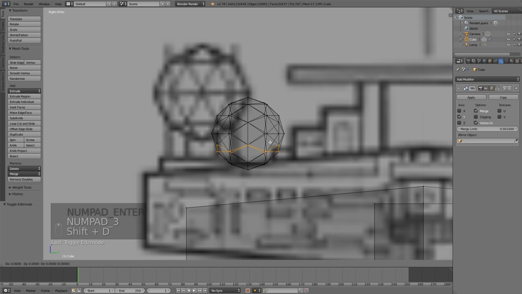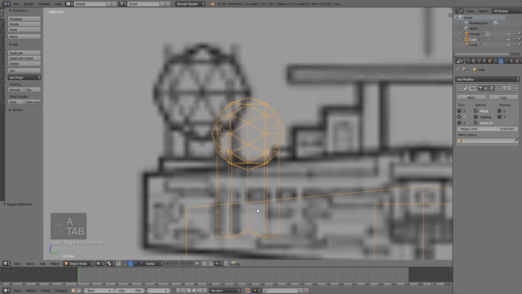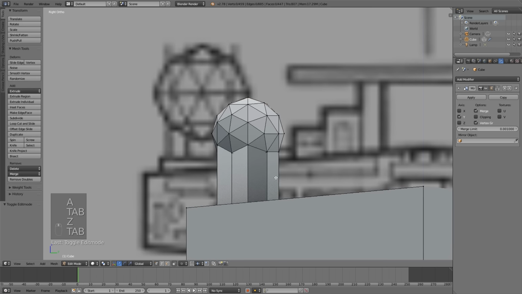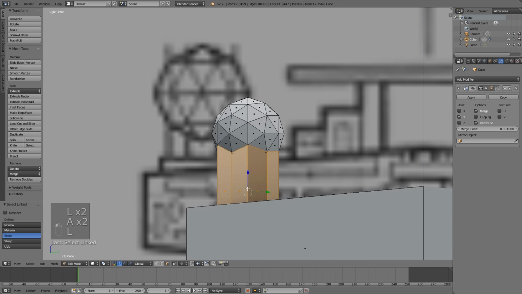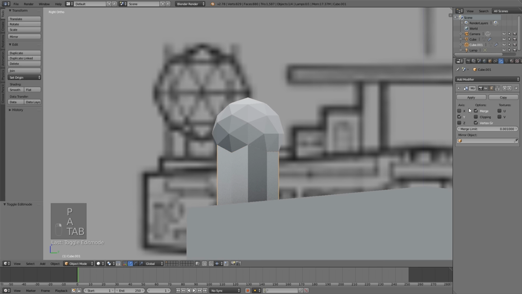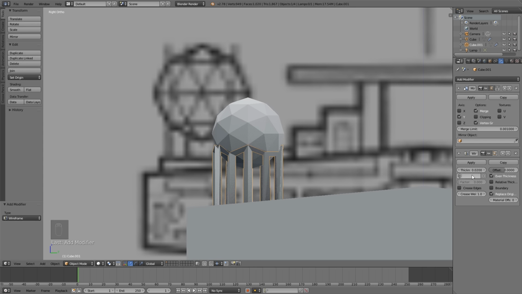Alright, Shift D. And now I'm going to extrude these straight downward. Right. So that's what it looks like. You might be thinking, well, that looks terrible, Steve. Well, we're going to go L. We're going to go P, separate by selection. And I'm going to grab that, and I'm just going to add the wireframe modifier onto it. And voila, you can see we have our